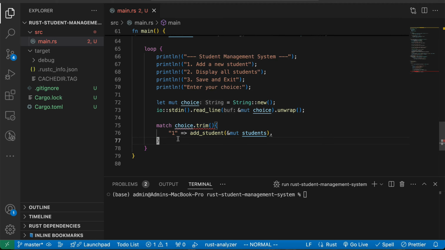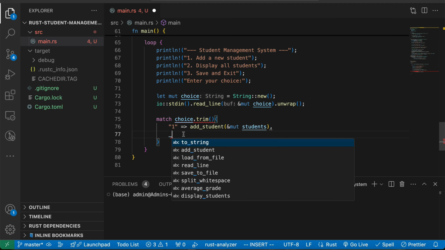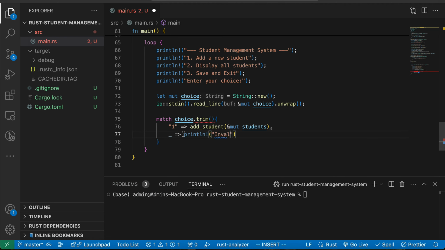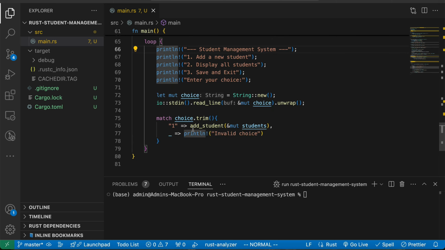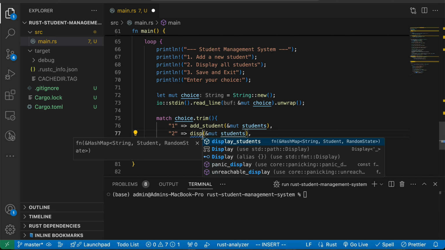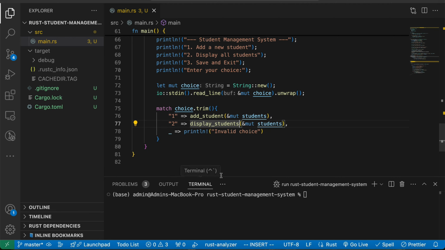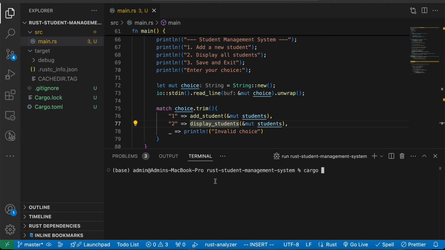And one more thing, let me add this and see if that is the reason. So we can print line invalid choice. Yeah, so we just have to add a default case to ensure that if we put in the wrong value we get an invalid choice, but this keeps on running and running until we put in the right choice. So we have 2, which is going to be display students, and I think we also pass down the students here. So right now if we go on and run this, cargo run,